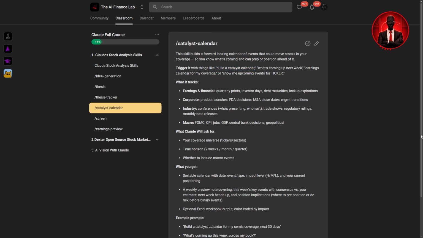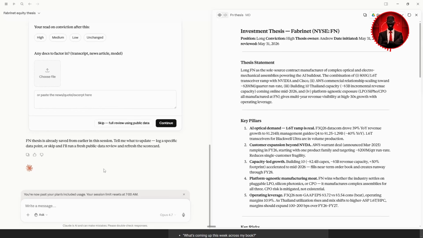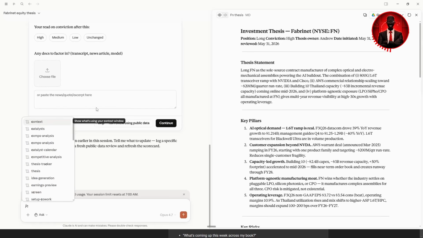So essentially you just need to have your coverage universe, whatever tickers you're looking for, whatever sectors you're in. So maybe you're in photonics, maybe you're in this or that. And then of course you've got the time horizon, the weeks, the month, the quarter, and whether to include macro events. So I'm going to show you guys how to do that right now, because remember, previously we literally just did the catalyst calendar. So what I'm going to do is slash, then, in fact, let me just